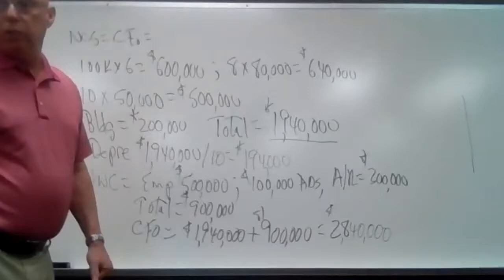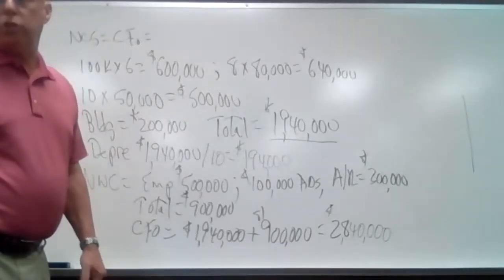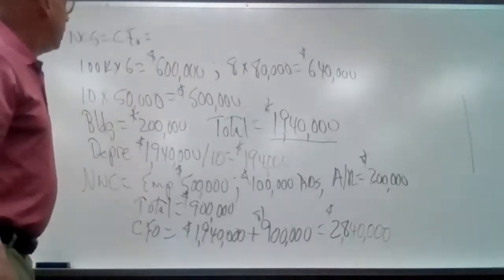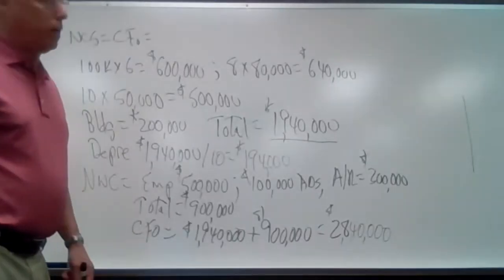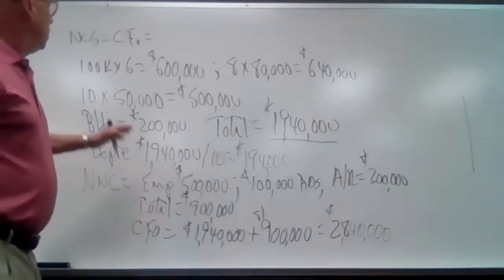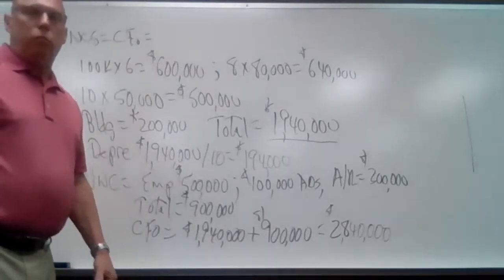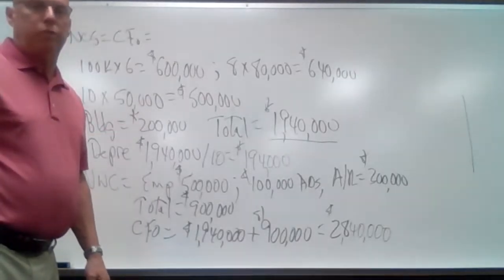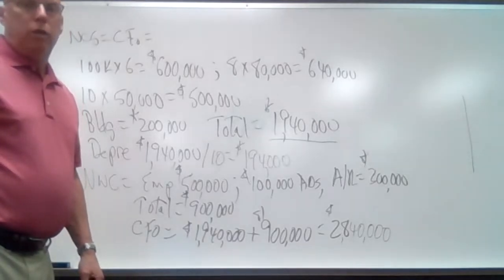We're looking at comprehensive problem number 2. It starts, a construction company is considering expanding. And this problem is posted on Canvas. So we're going through and we have to set up 2 tables. One is for cash flows and